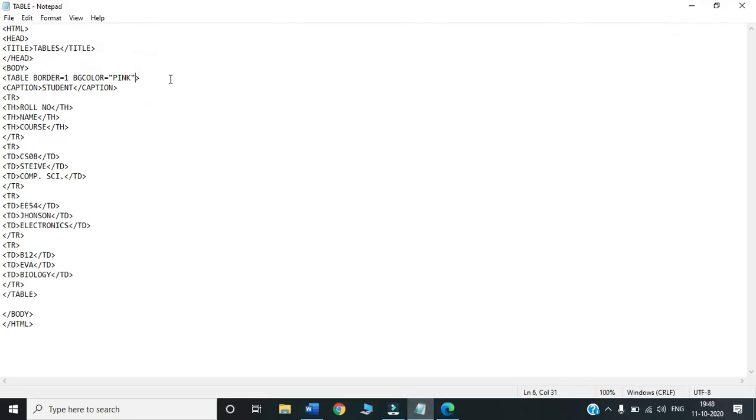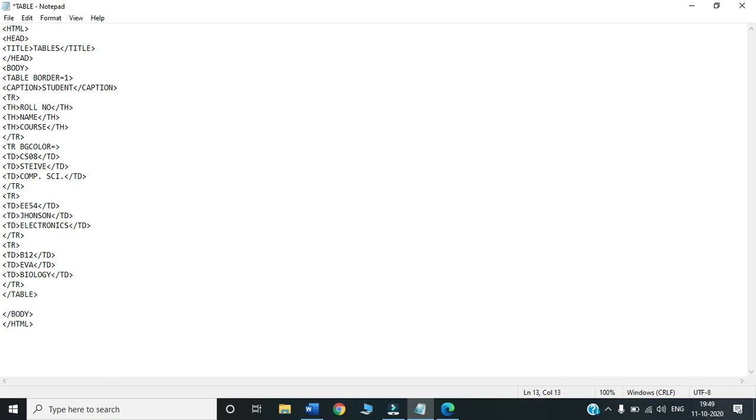Next, if I don't want to use the color for the entire table, rather I want to use it for one particular row, then inside TR we write bgcolor. Remember, the spelling of color is COLOR, it's not COLOUR.